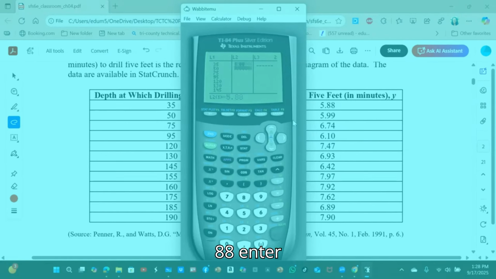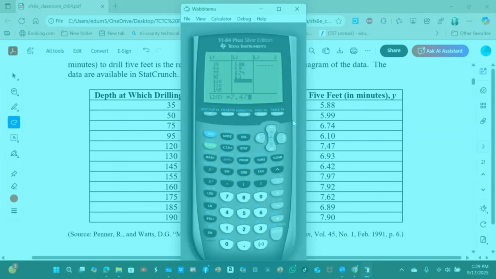5.88. Enter. And the next one is 5.99, enter. The next one is 6.74, enter. The next one is 6.10, enter. The next one is 7.47,